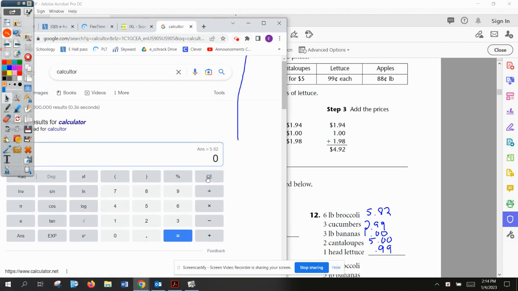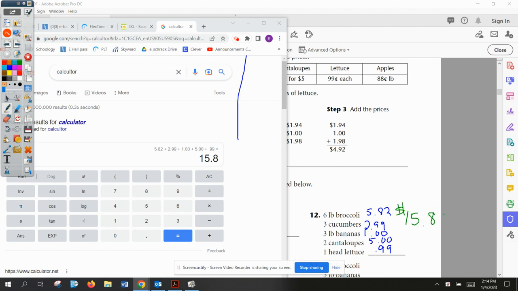Let's clear it, and let's add all these prices together. So 5.82 plus 2.99 plus $1.00, plus $5.00, and plus 0.99, 99 cents. All that is going to give us a grand total of